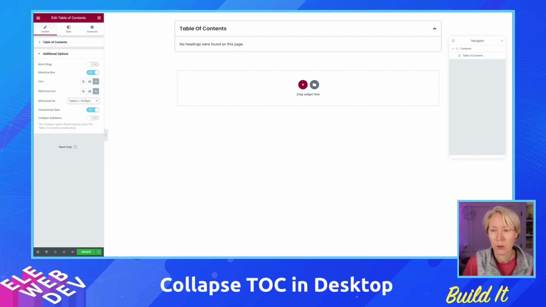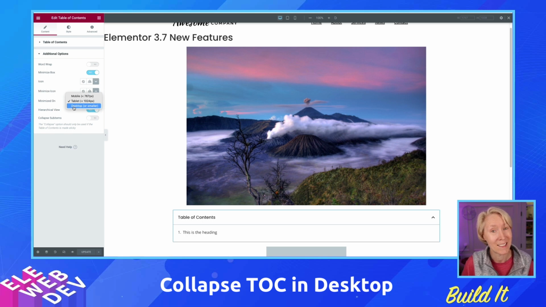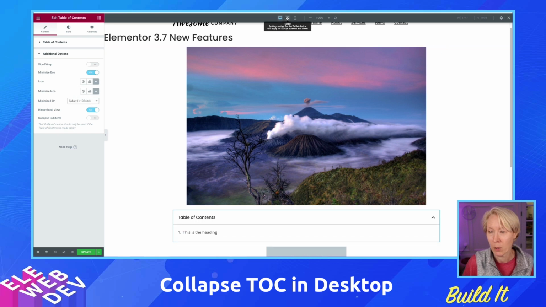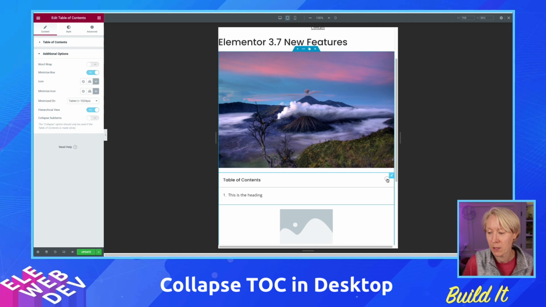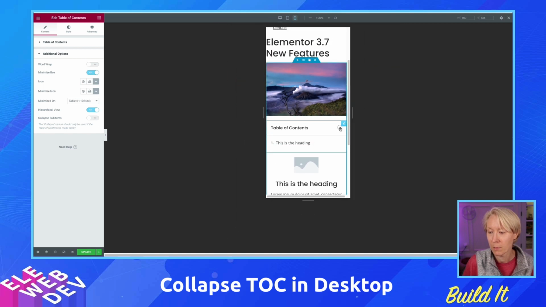So let me come back to the 3.7 version of the table of contents. And if we come to minimize on, we now have desktop or smaller. So if we set desktop or smaller, it just collapses the content, basically. If I go back to tablet and we go to tablet mode, it collapses on a smaller device by default. So if we go and set this to mobile